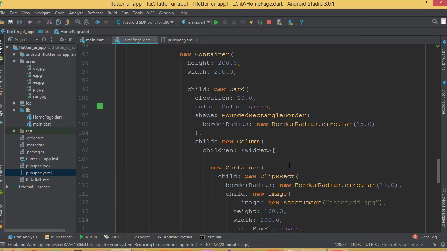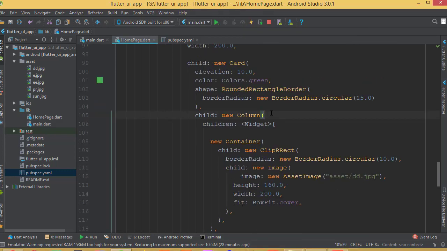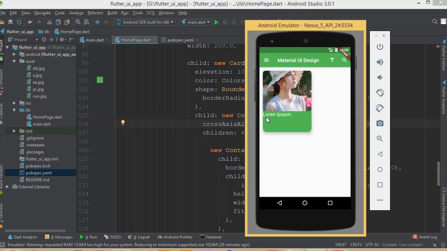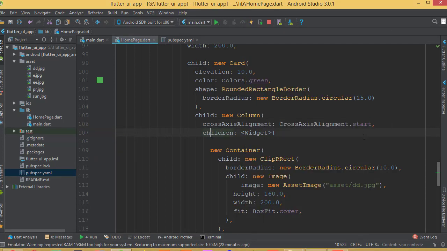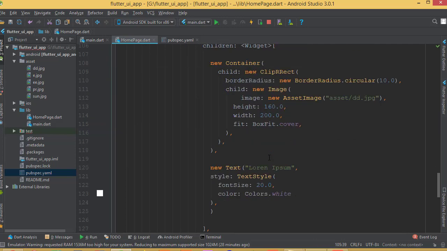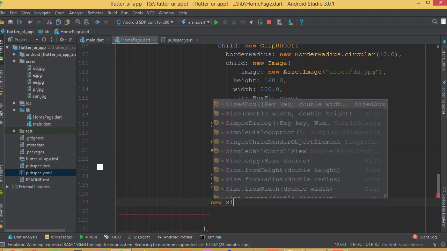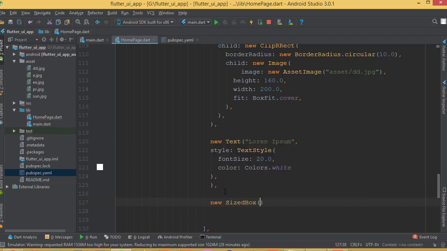And if you want to start it from the beginning, then in here there is a property called crossAxisAlignment.start. Now run it, then it will start from the left side, but we don't need it, we can see it, just remove it, no problem. So this is the first text, and we need another text here. I can simply copy, and before that add a SizedBox here. So new SizedBox. So what does this SizedBox do? SizedBox creates a space between two widgets, and the height is going to be, I can say